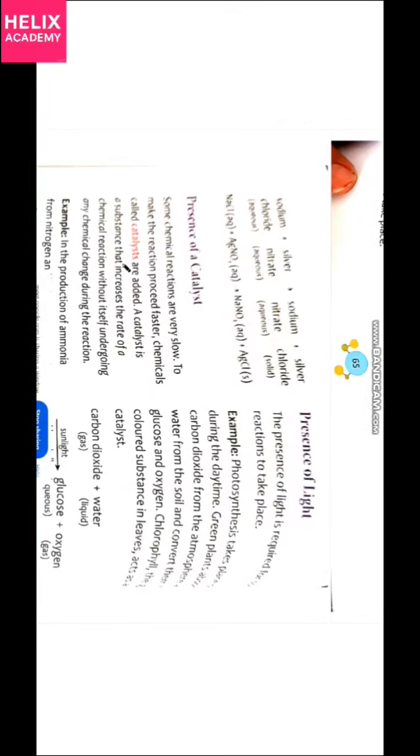For example, this sodium chloride silver nitrate reaction. Sodium chloride plus silver nitrate giving what? Sodium nitrate and silver chloride. Silver chloride forms as a solid, solid physical state. In your test tube, the entire part will be your silver nitrate only. This practical is done in the labs of class 12th or BSc first year students only.